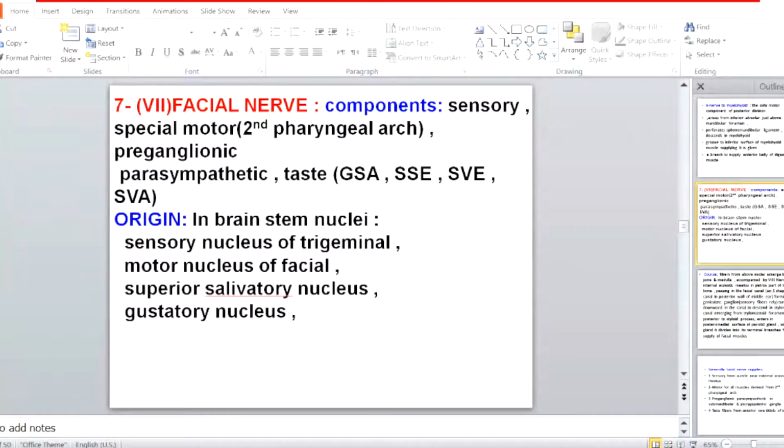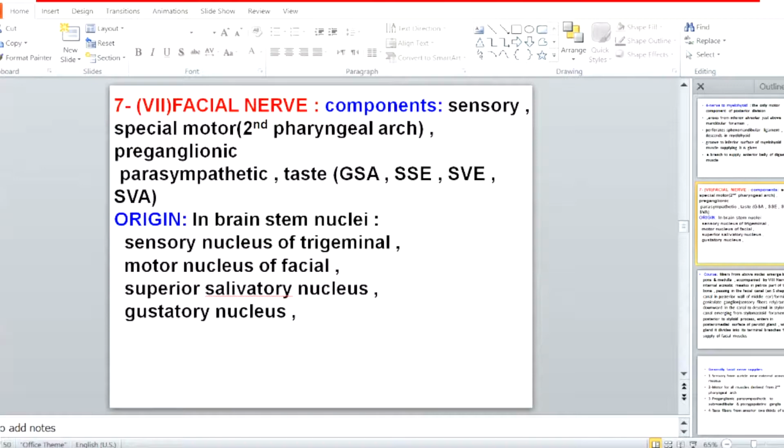It contains special motor supply for the muscles derived from the second pharyngeal arch, which are the muscles of facial expression. I'm sure you have studied these in your embryology. The second pharyngeal arch gives rise to muscles of facial expression and auricular muscles and few other muscles, and all these are supplied. The nerve of second pharyngeal arch is the facial nerve. In addition, it contains